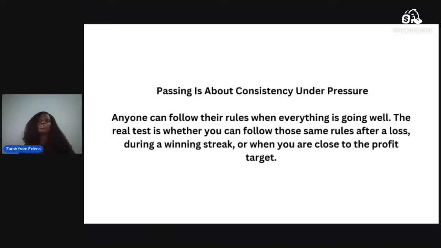You also need to understand that passing is about consistency under pressure. If you're gonna be honest with yourself, when you're trading and everything